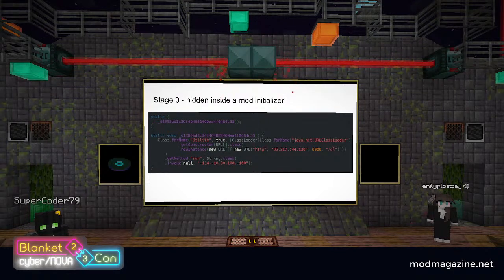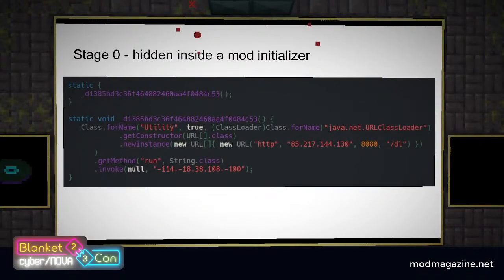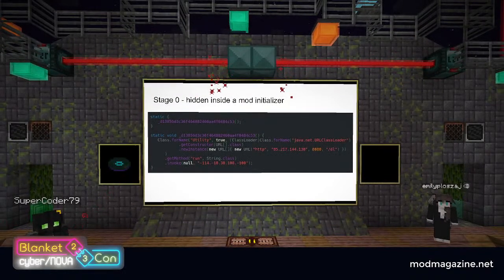While we didn't know the full extent at the time, this is not even a dozen lines of code and is setting into motion a sequence of events that attempts to infect your computer with the full case of fractureiser. We ended up calling this portion of the infection process Stage 0, as it's the stage that users would download and put into their system knowingly. A stage, in this context, is a distinct piece of malware that is downloaded and executed on a user's computer. The stages count upwards, with each stage being downloaded by the previous one.